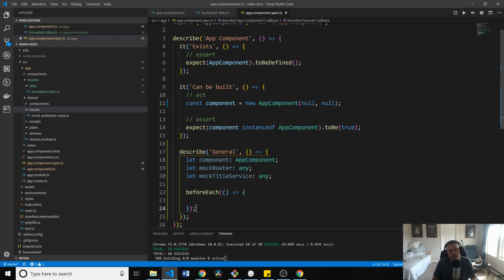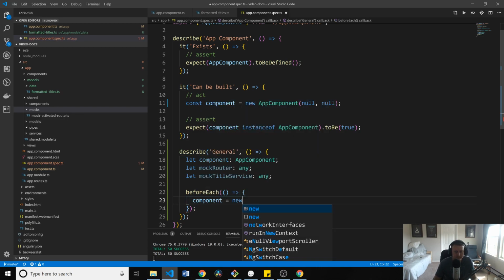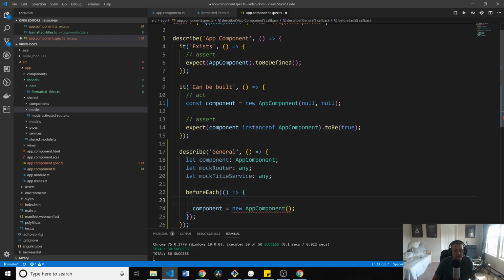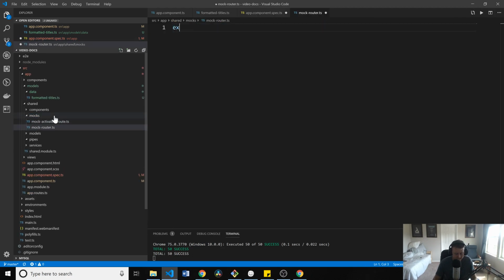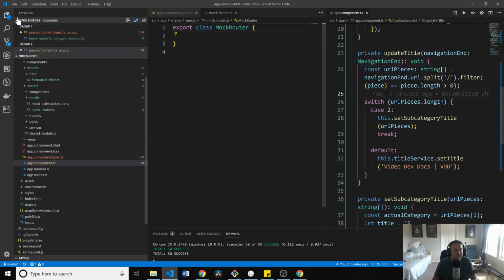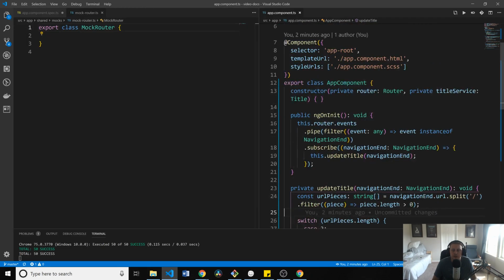Your tests get easier as you go on because you continue to build these things out, right? So like mock router, mock title service. So right here, we don't want to pass null, right? We want to do, let's go ahead and generate a mock router. And our mock router is going to need to